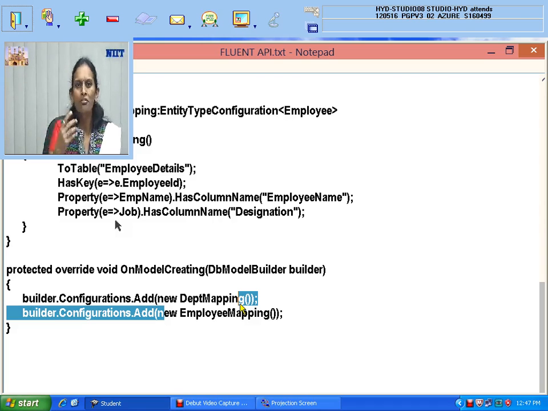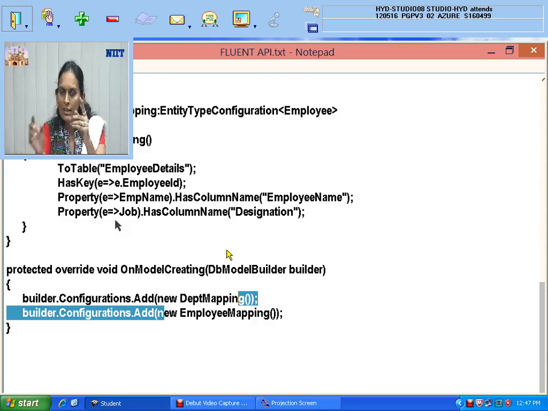So the first method is the easiest one, if there are only two tables like that. Instead, you write modelBuilder.Entity of the entity you are referring to, then ToTable, meaning the new table name for that entity in the database. So that is the way. Is that clear, Monica? Now you are asking to show the code.